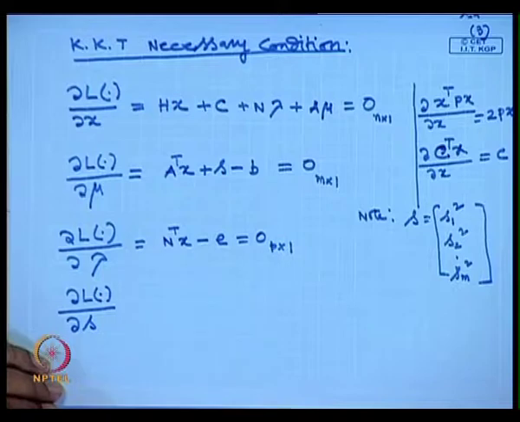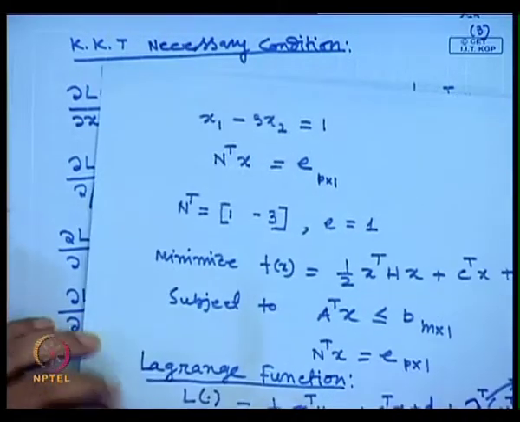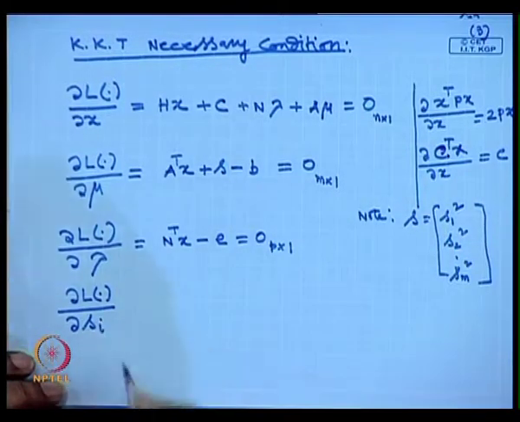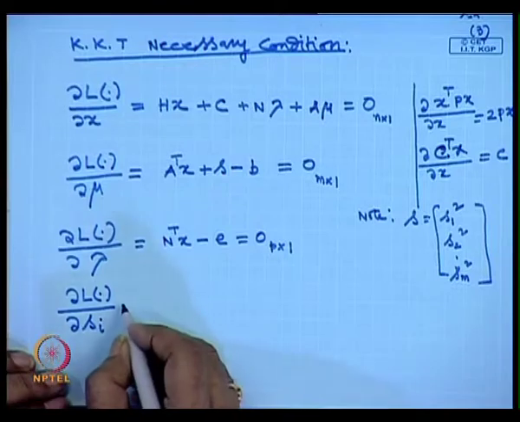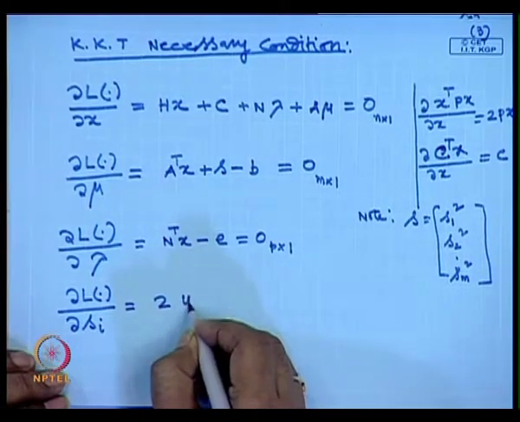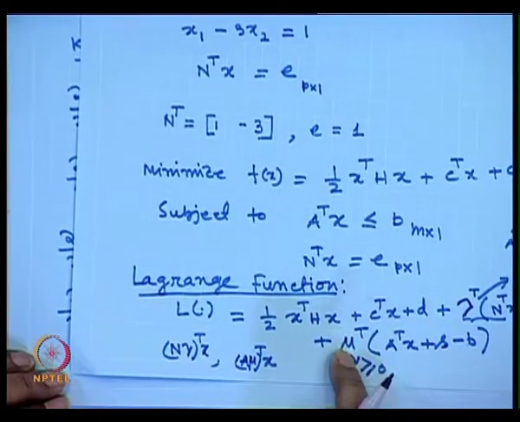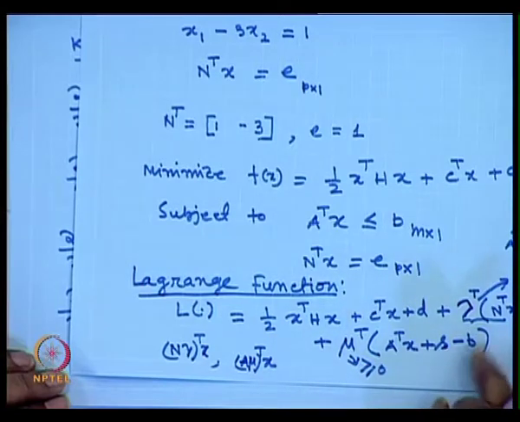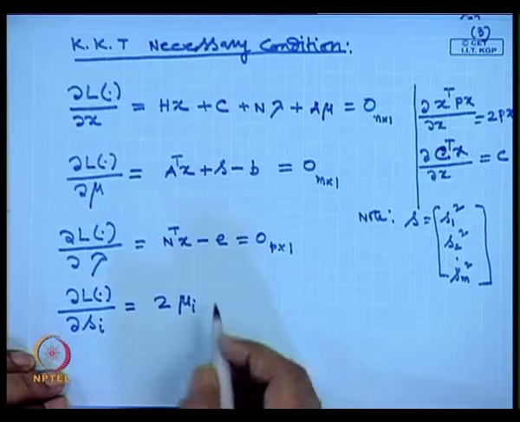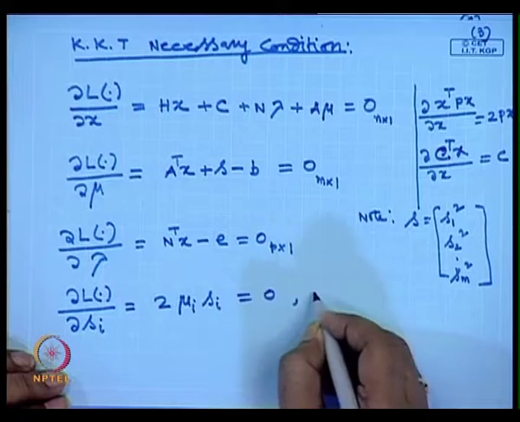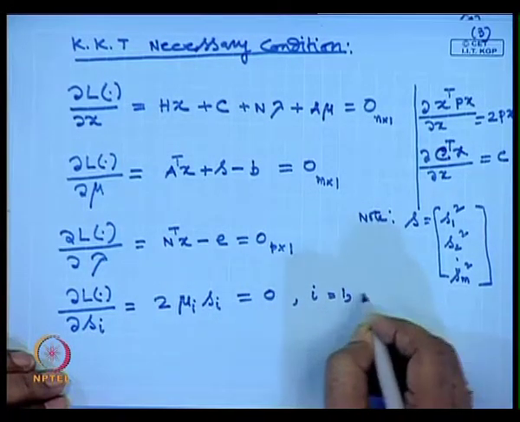So, if you differentiate with respect to S, this is an S square, each m component of this one is S square, and I am differentiating with respect to S. So this will give twice mu i S i. Each component will be mu 1 S 1 square plus mu 2 S 2 square plus mu 3 S 3 square. So, I am differentiating with respect to i. So there will be twice mu i S i is equal to 0, and i is equal to 1, 2, dot dot,